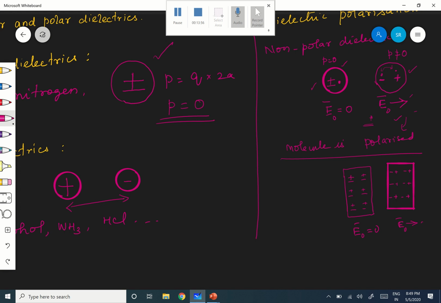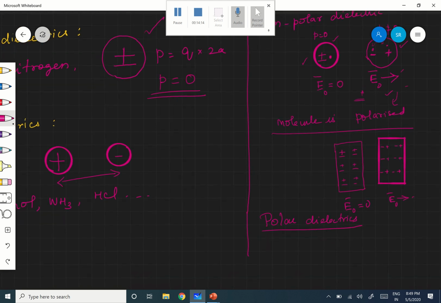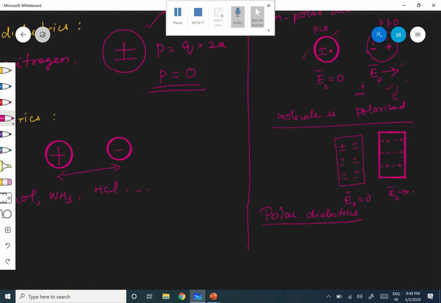Right. Now, in the case of polar dielectrics, see, polar dielectrics already have a dipole moment. So, what will happen when it is kept in an electric field? We'll see. Therefore, polar dielectrics. What is actually happening here? See, already they have some dipole moment of their own, because the center of mass of positive and negative charges,